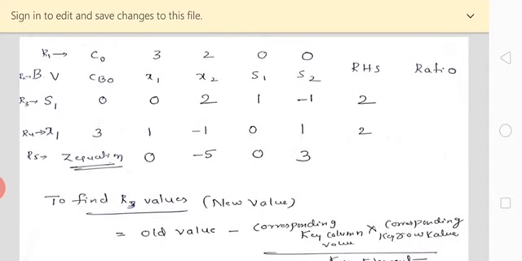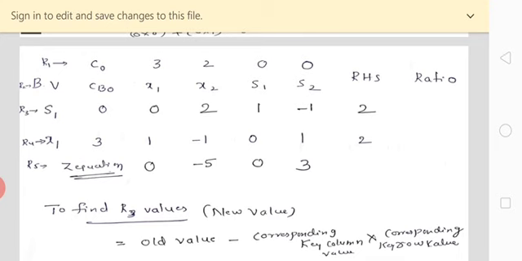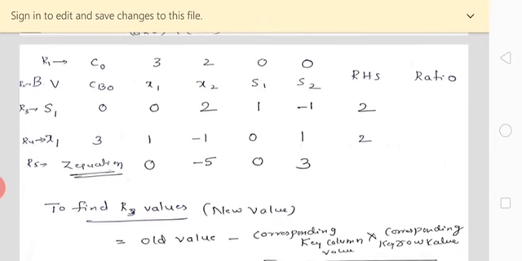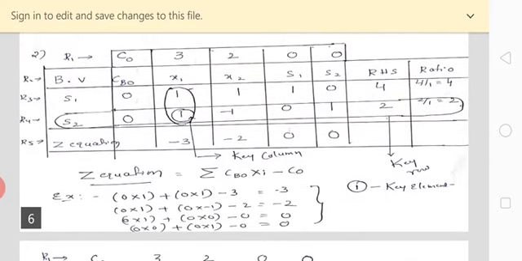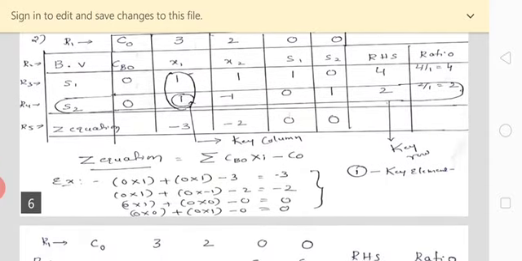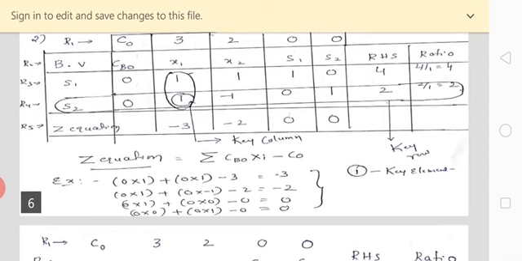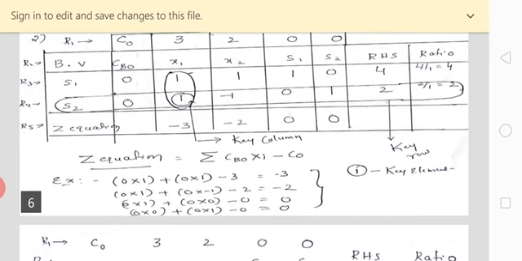Now how to create the further values under the R rows? Under the x1 column, x2 column, s1 column, under R4, how did I get the value? Just observe here. The key element will be there, no? What is the key element? That is the intersection. Understood? The element at the intersection of the entering column and the leaving row is called the key element. In this problem our key element is 1. That 1 is going to be divided into the entire R4 values.